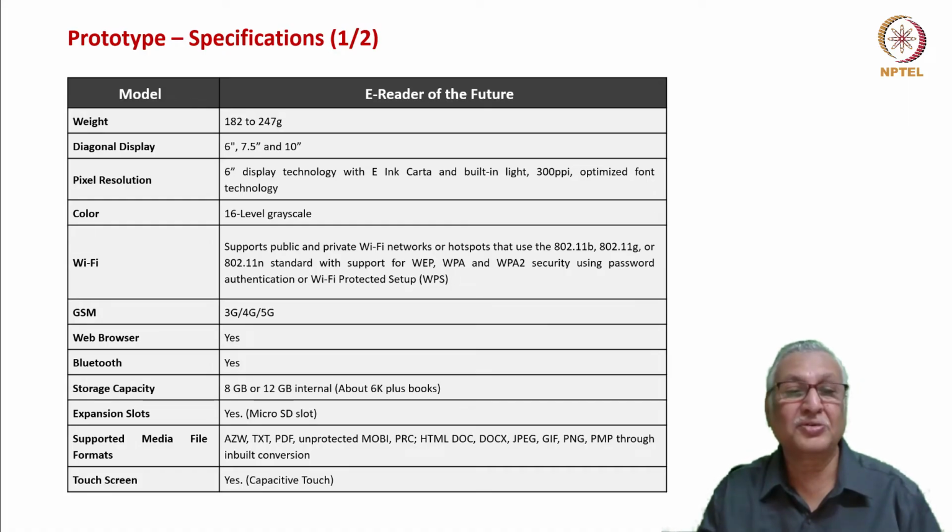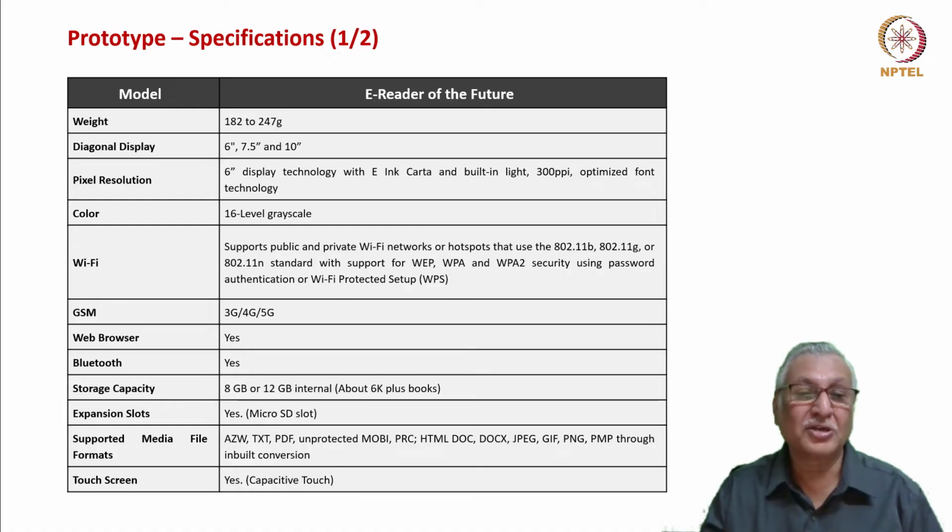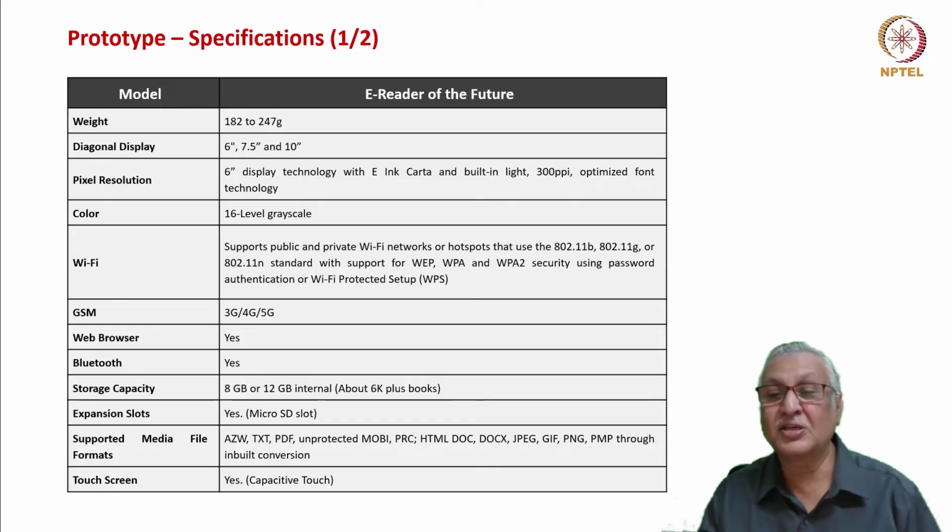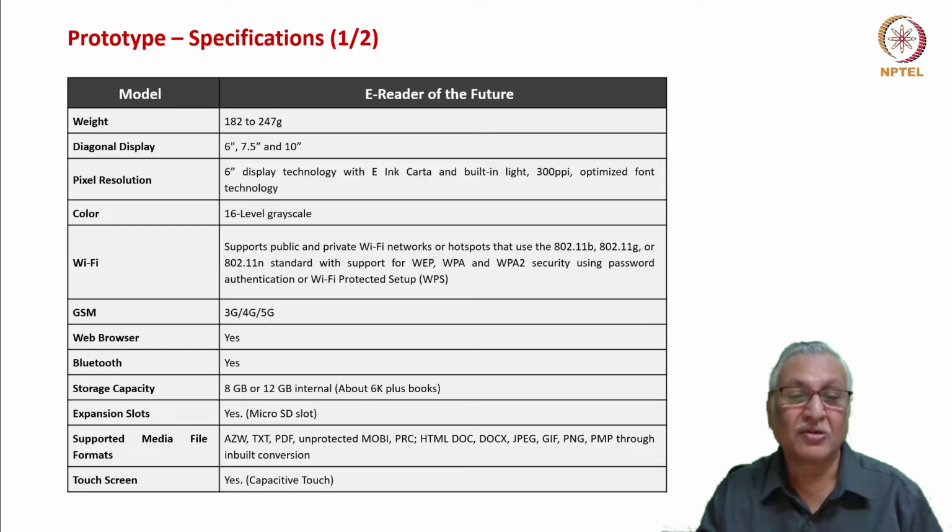A weight range of 180 to 247 grams, a diagonal display ranging from 6 inches to 10 inches in 3 models, pixel resolution of 6-inch display technology with e-ink Carta and built-in light, 300 ppi optimized font technology, color of 16-level grayscale, Wi-Fi supporting public and private Wi-Fi networks and hotspots with security password authentication or Wi-Fi protected setup, GSM of 3G to 5G, web browser facility being available, Bluetooth facility being available, storage capacity from 8 GB to 12